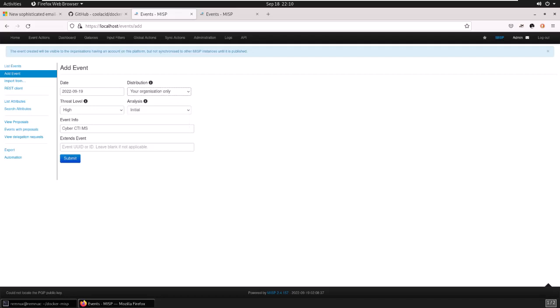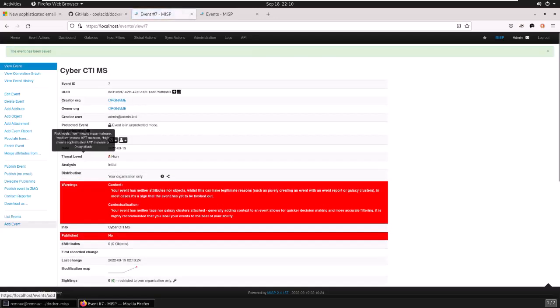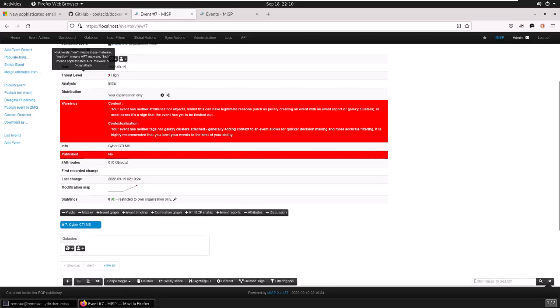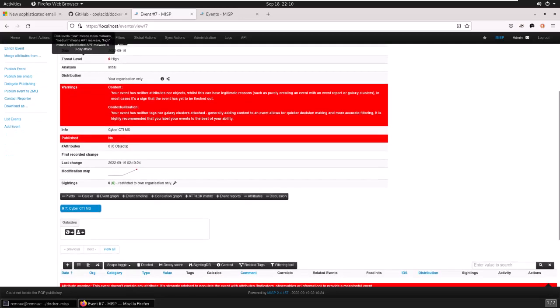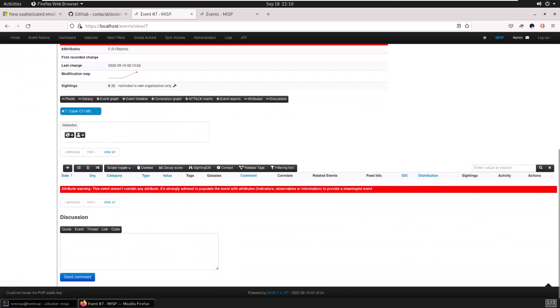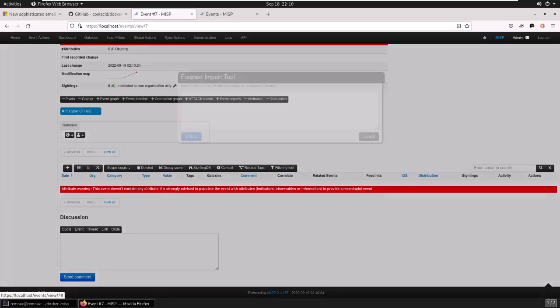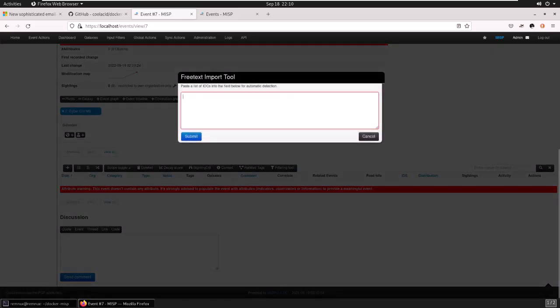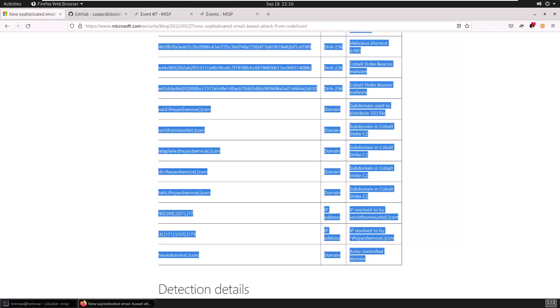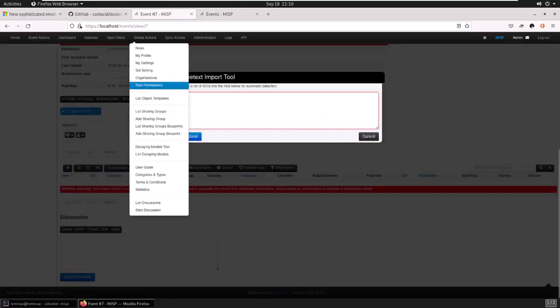So let's say I'm going to go along and say your organization only, and then your threat level, we'll submit that. And once we've submitted that, we're now going to go along and add the actual indicators of compromise. And to do that, we're going to go along and highlight over these various different bars, as you can see there. If you hover over it, it will say populate using the free text import tool. And when we do that, we'll make sure we've got the indicators of compromise again, copy that, go along and paste it,